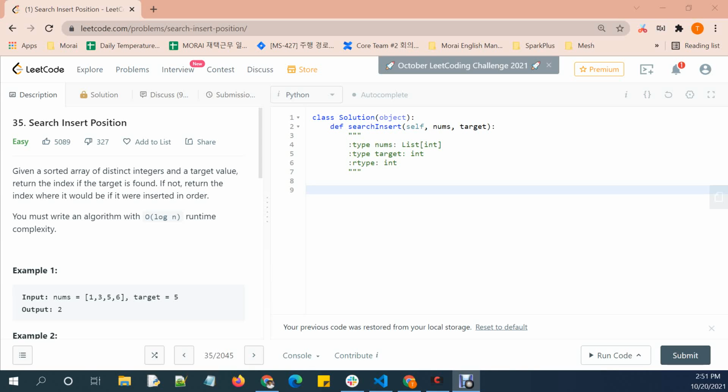Welcome everyone. Today we're going to solve the number 35 Leetcode question, considered easy, called Search Insert Position. As you can tell, there are a lot of likes, meaning that it was indeed a very easy question, but